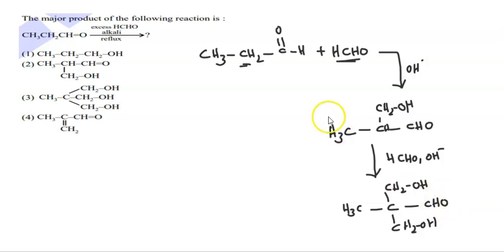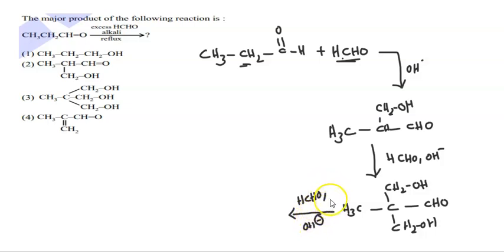That means one propanaldehyde reacting with 2 moles of formaldehyde in the presence of base, you can get this particular di-beta hydroxy aldehyde. Here this compound does not have any alpha hydrogens. Still, if it is reacting with formaldehyde in the presence of OH minus, now it will undergo Cannizzaro reaction,